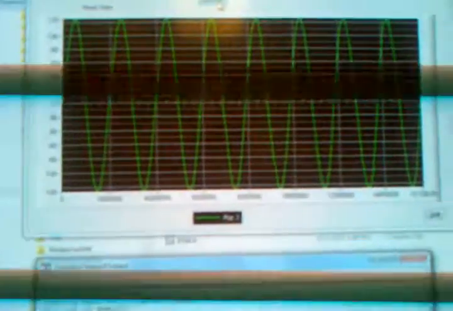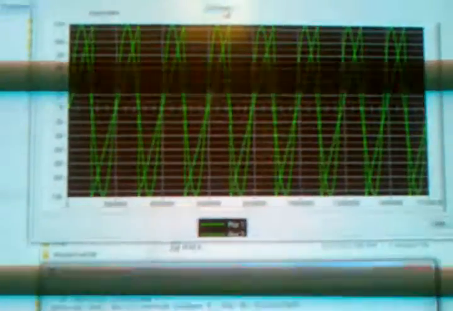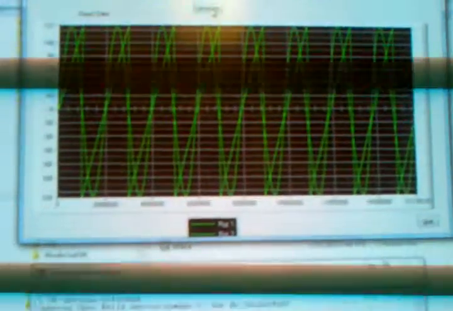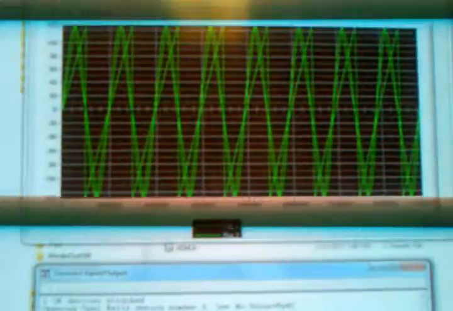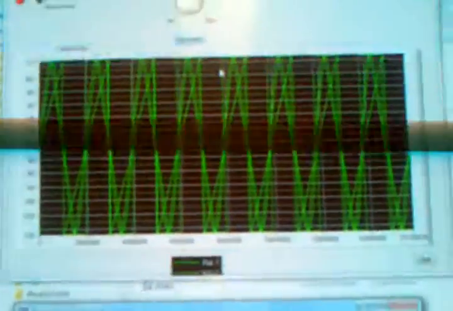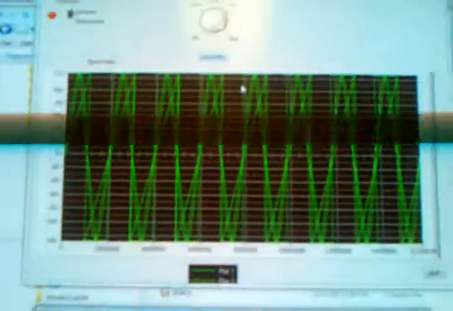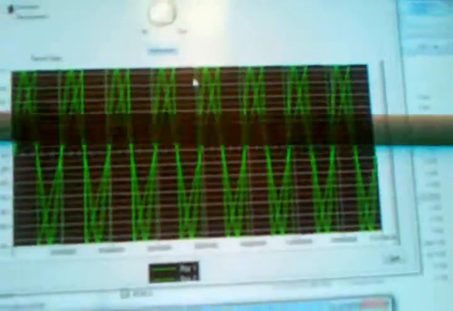Okay, generate a sine wave. Bing. Generate a saw wave. Bing. Generate a triangle wave. Bing. Generate a square wave. Bing. Okay, now one of the nice things about LabWindows here is, unfortunately, I only have one spare hand,